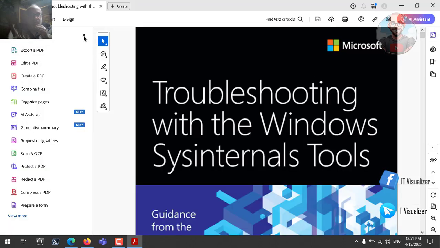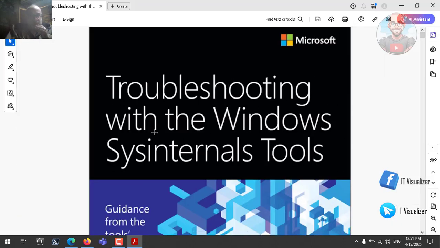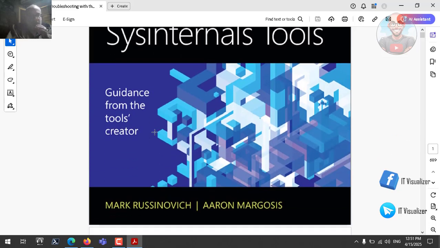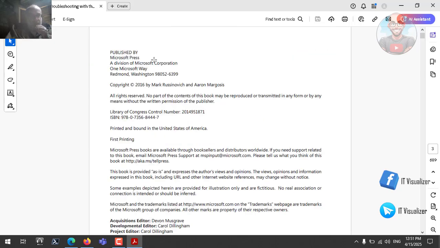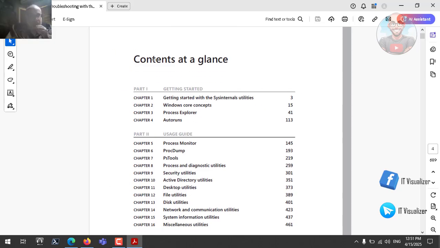This is Troubleshooting with the Windows Sysinternals Tools by Mark Russinovich, who is the author of this book, and Aaron Margosis. And they are the creators of these tools. So they are the creators of these tools and of this PDF. There is a section in this PDF that I will show you here. There is a section called